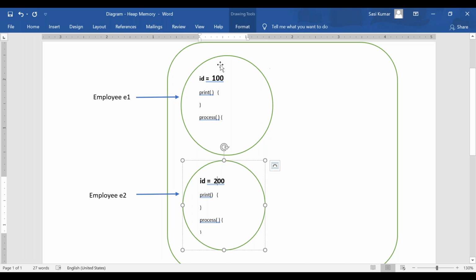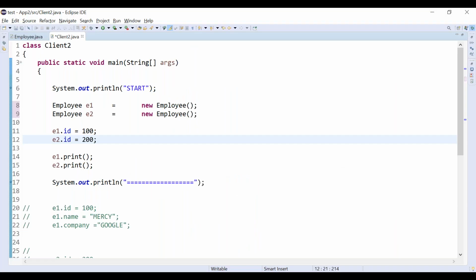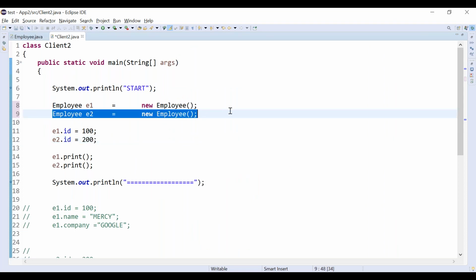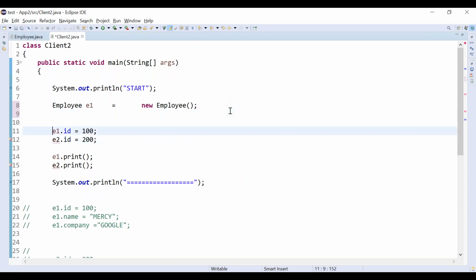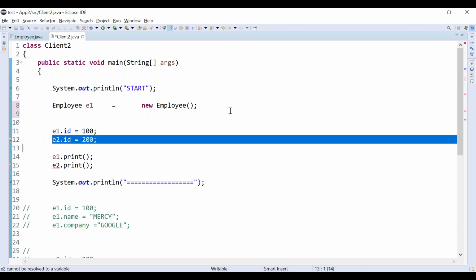Here, two physical objects are there in the heap memory. E1 is pointing to one object and E2 is pointing to a different object. Correct? Now, let's go ahead with today's class. What I'm going to do is create only one object.